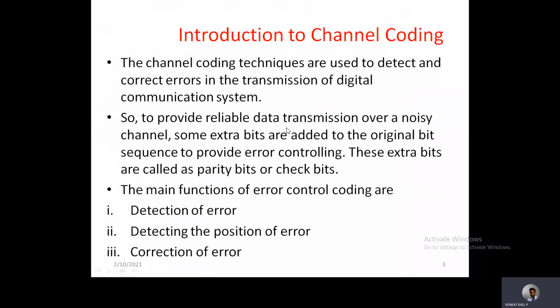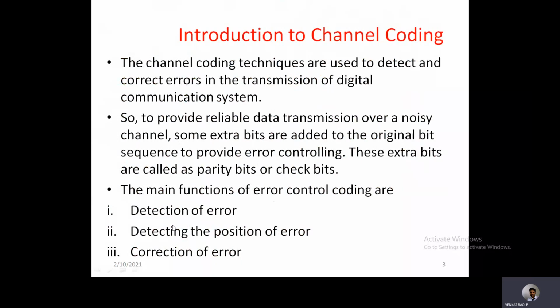So this is the main purpose. To provide reliable data transmission over a noisy channel, we need some extra bits which are added to the original bit sequence to provide error control. These extra bits are called parity bits or check bits. Error control coding is also known as channel coding, another name for the channel coding technique.